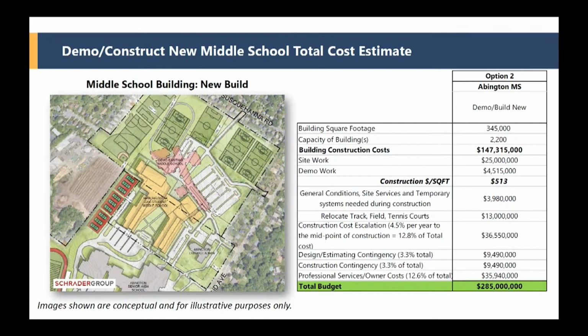We'll have to bring the entire site up to current code when this building is built. Again, there's a demolition budget as well. The building's old and cement, so it's sizable to get rid of that building. Now, if we were to build that building right now, as it is, it would be $513 per square foot. So that's the comparison you would have to make to other projects.